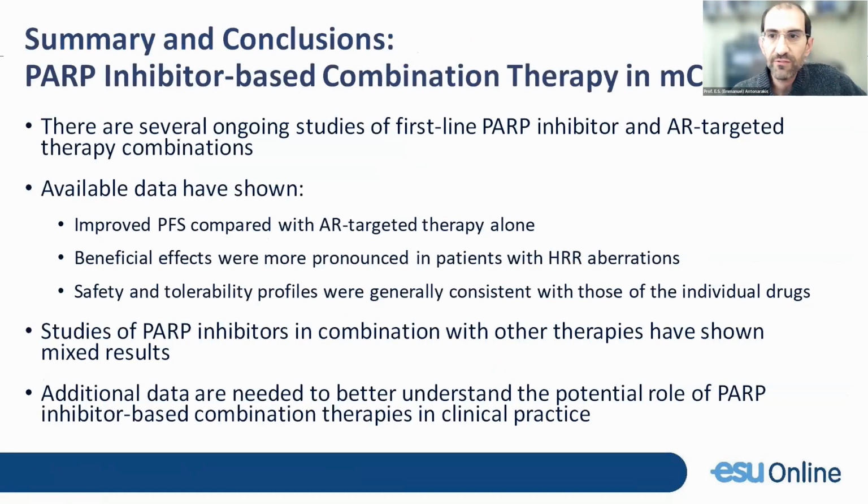So in conclusion, we have two randomized phase 3 studies showing potential benefit of combination AR inhibitor plus PARP inhibitor. They have some significant differences. In the olaparib abiraterone combination, there might be a benefit in an unselected all-comer population, while in the MAGNITUDE study, niraparib plus abiraterone may only be efficacious in the homologous recombination positive patients.